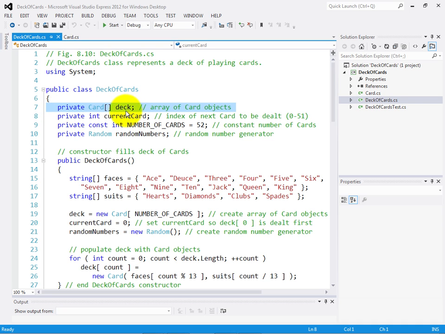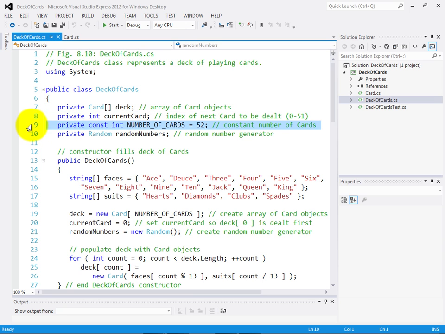So initially, the variable deck is going to have the value null, and we have to assign it a new array of cards of the appropriate number of elements. We also have a private integer called current card, which we'll use for helping us deal the cards in the card array. There will be 52 cards in the array, 4 suits of 13 cards each, and therefore the int current card will represent the values in our program 0 through 51, the indices in the card array.